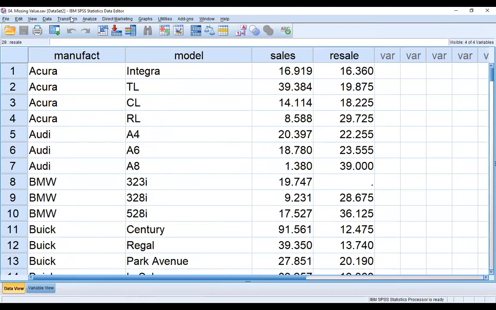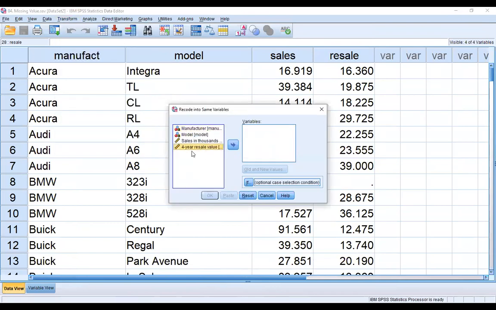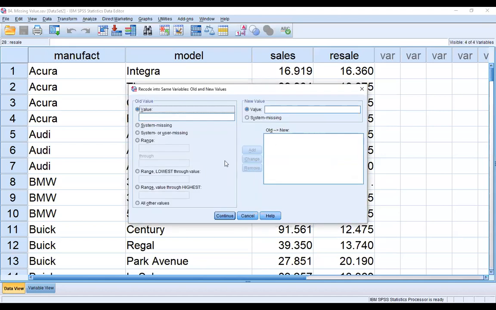So transform and then recode into same variables, recode into same variables, and then 4-year resale. I have selected it because I want to impute the mean value in the 4-year resale value, and then old and new values.